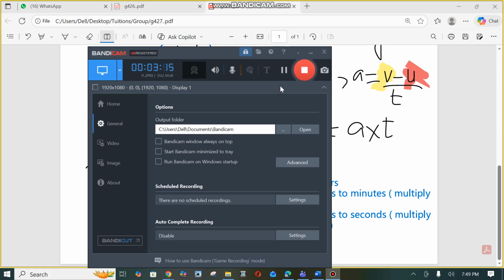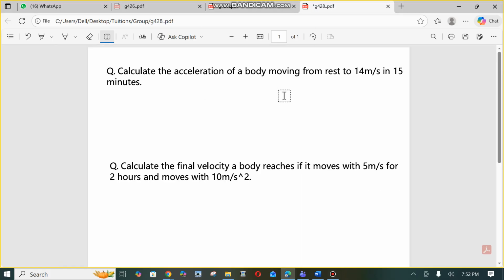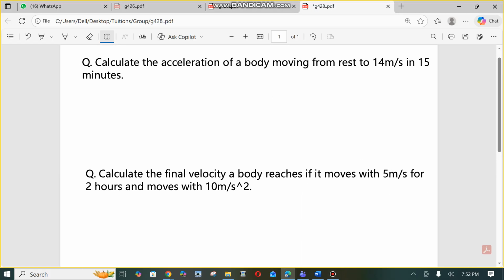So there are two questions being shown on your screen. Calculate the acceleration of a body moving from rest to 14 meter per second in 15 minutes, and calculate the final velocity a body reaches if it moves with 5 meter per second for 2 hours and moves with 10 meter per second squared. Now, the unit is our key for identifying which quantities have been given,